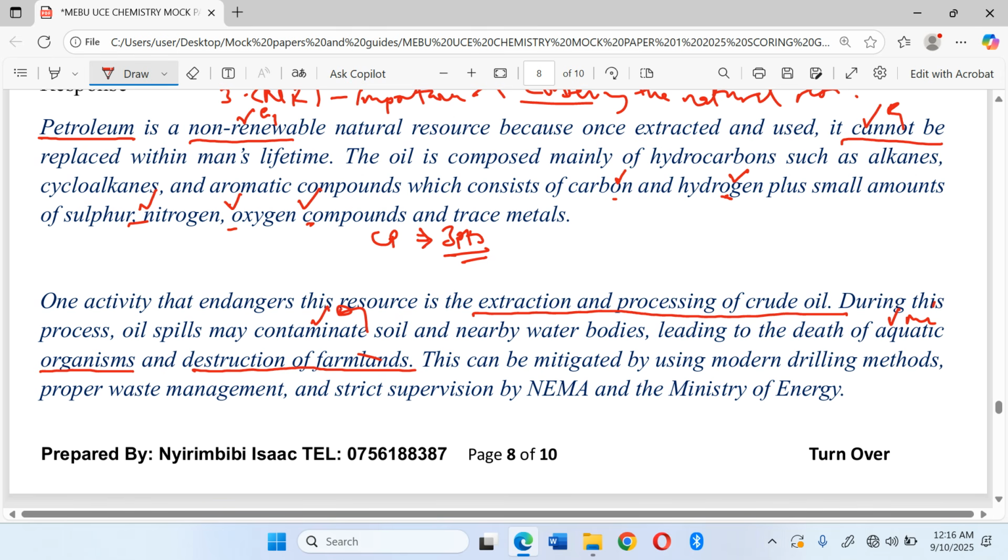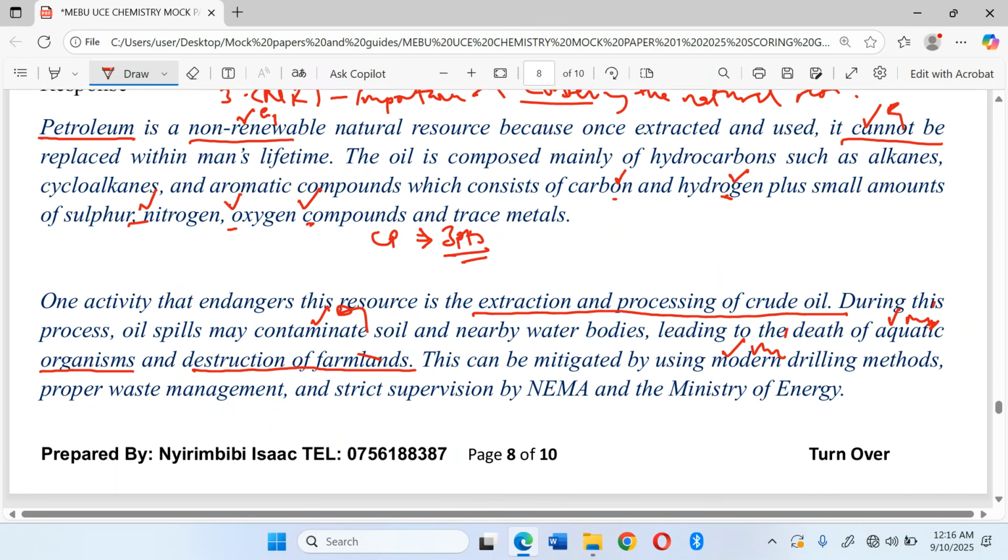In this area, we are looking at the danger of the human activity, its effect. So here we're looking at the effect it brings about, death of aquatic organisms, and this can be mitigated by using modern drilling method, proper waste management, or strict supervision. So in this case, if you have the effect, we have the mitigation,